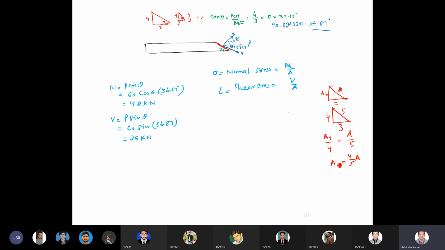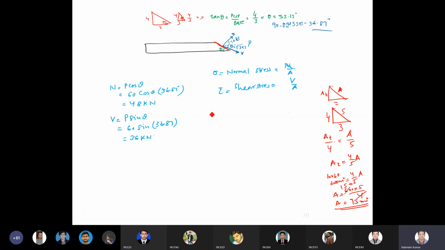And now we know the AT. Okay, AT हमें पता है कितना है, which is given to us, that is 10 into 60. Okay, AT is 10 into 60, so this is 600 mm squared equal to 4/5 A. So A किस तरह find करेंगे? Just cross multiply, divide by 4. So this is equal to 4 पंचों 150, so 5 15 75, 750 millimeter squared. So this is the value of A.